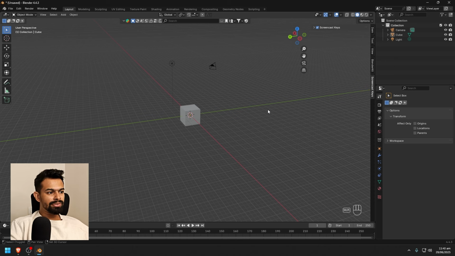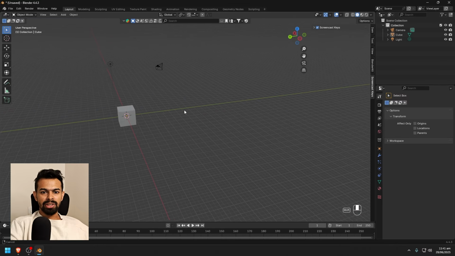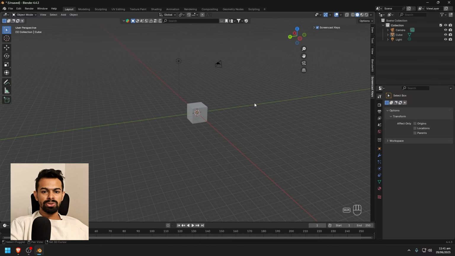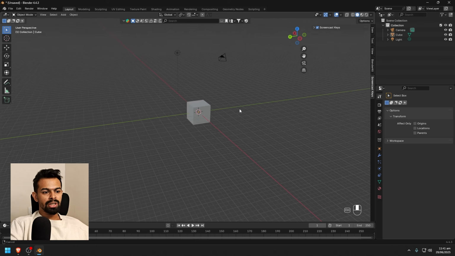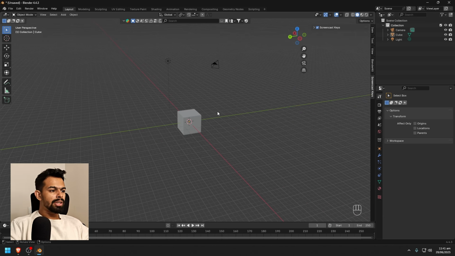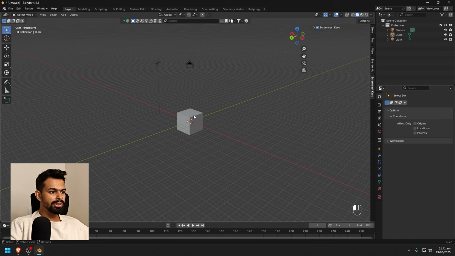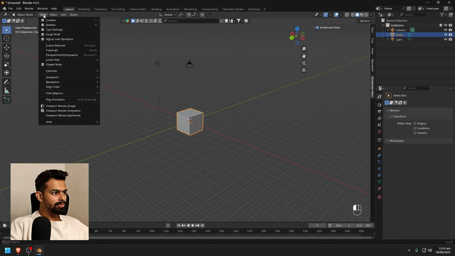If you add shift to the middle mouse, you will pan the scene like this. And you can use the scroll wheel to zoom, or control mouse, middle mouse to zoom as well. Now a few more shortcuts. You can, if you want focus on one single object, you can click on that, go to view and click